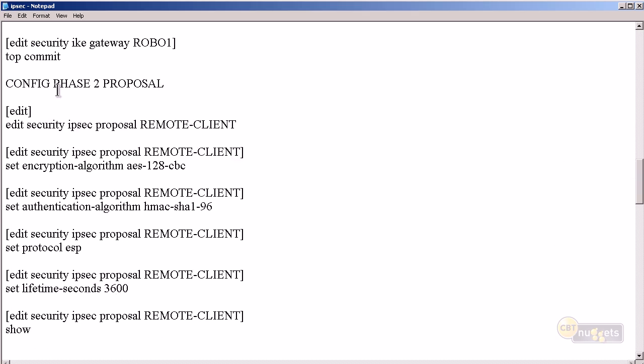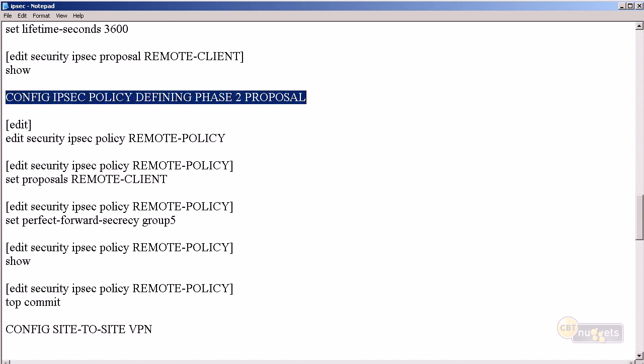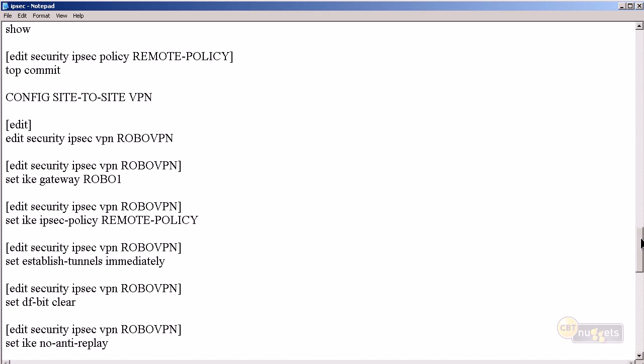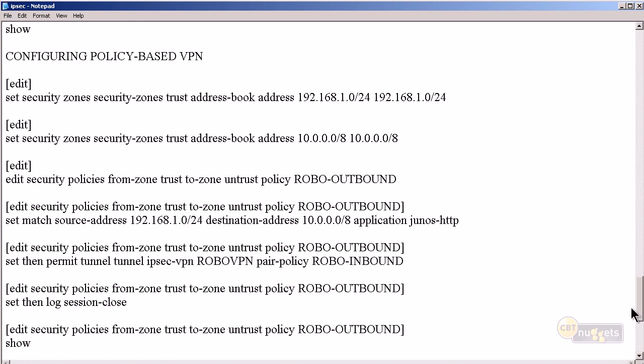You'll configure your phase 2 proposal. Once you have your proposal, you'll configure your IPsec policy that defines the using of that proposal. Then you configure your site-to-site VPN. And then finally, if you want to do a policy-based, here's the configuration for a policy-based, which you can see we're going to edit security policies. So you're just basically doing a policy, from the zone to the untrust zone,